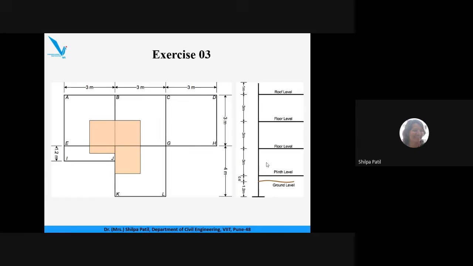First column. First, the ground column, which is below the plinth level, right? Yes, ma'am. Because on this particular column, the entire load of the structure is acting. On this column, the load from first floor, second floor and terrace is acting. On the first floor column, the load from second floor and terrace is only acting. And for the second floor column, the load coming from terrace is only acting.